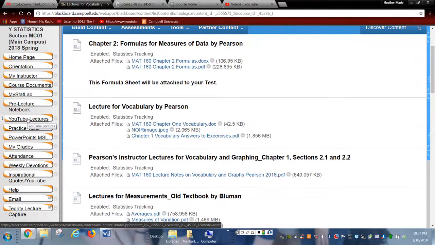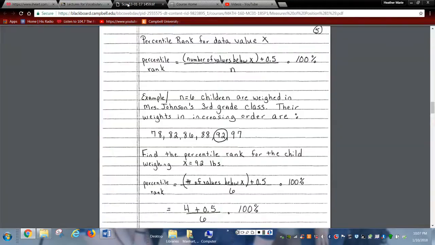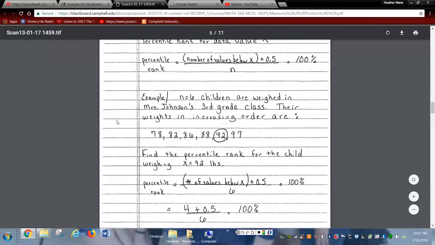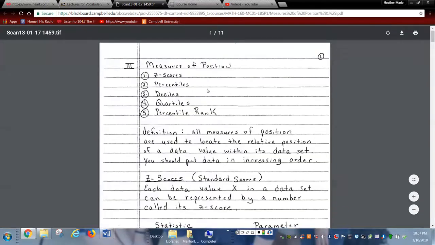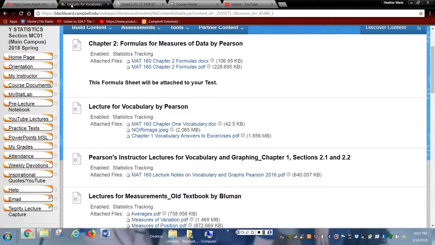If you still want to watch the video because I'm talking about Pearson in the video and the changes like I do in the classroom, do that. But if you're just looking at the hard copy of the notes that I make available, like these, and you're not watching the video, you may want to say to yourself, I'm too confused. I'm not going to look at these ahead of time. And that's up to you.